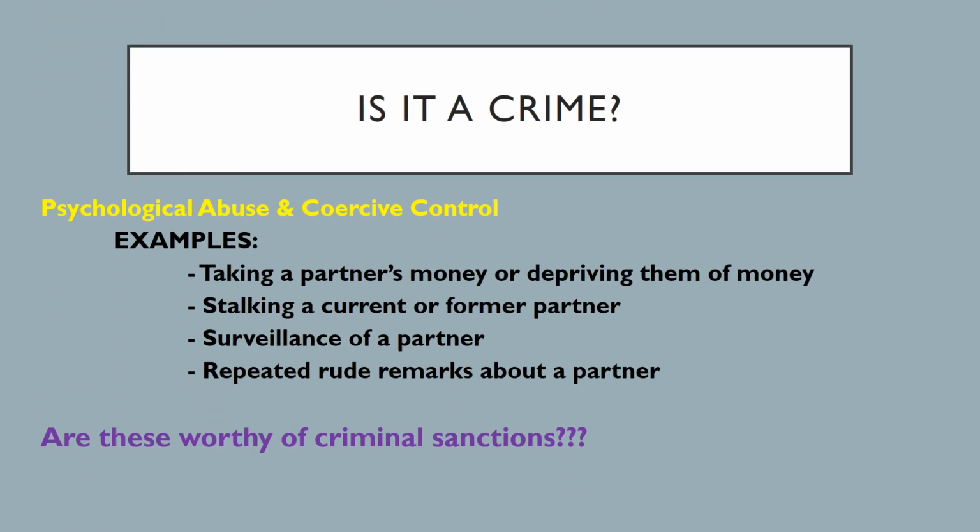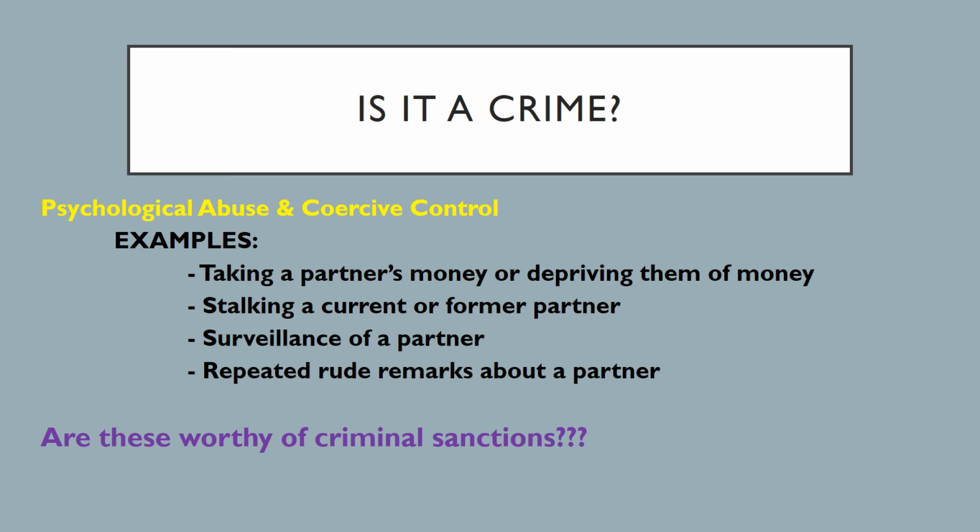So on this slide, we look into a few more examples similar to what I illustrated on the previous slide, right? Things like taking a partner's money or depriving them of money. If one partner happens to be the breadwinner and the other person has agreed to take care of the household or other things within their relationship. Stalking a current or former partner. Now, obviously, there are criminal levels of stalking or following people, but just,